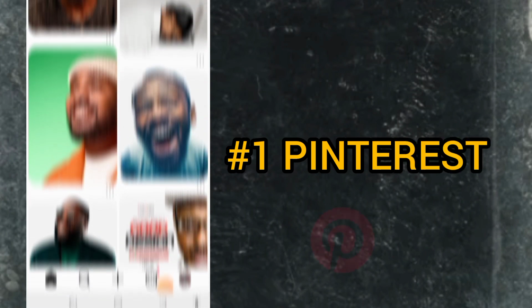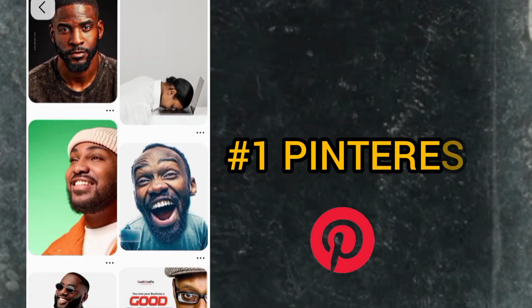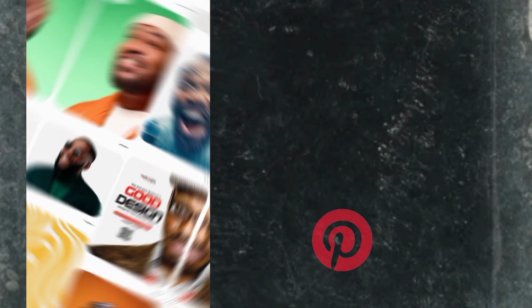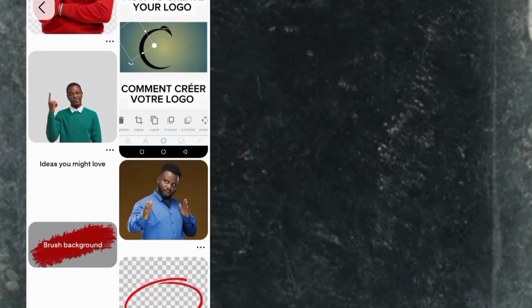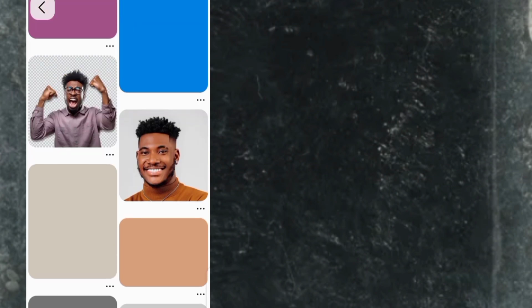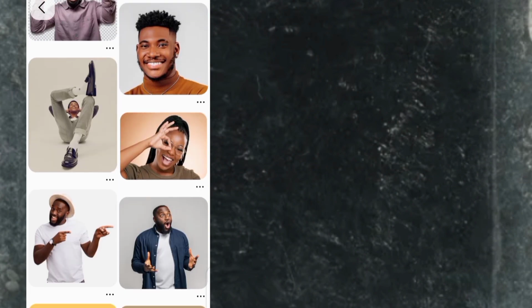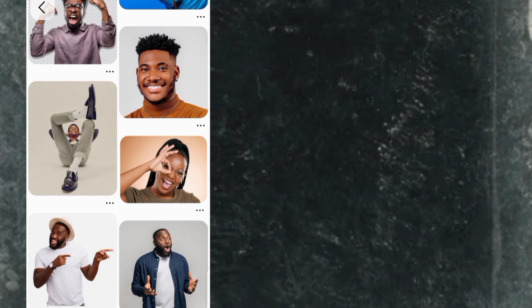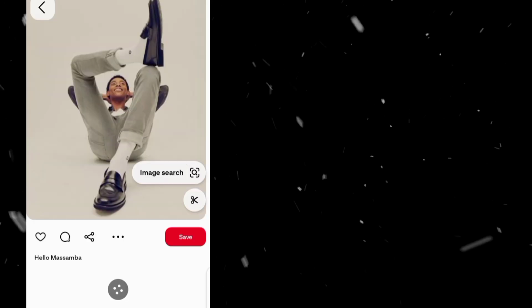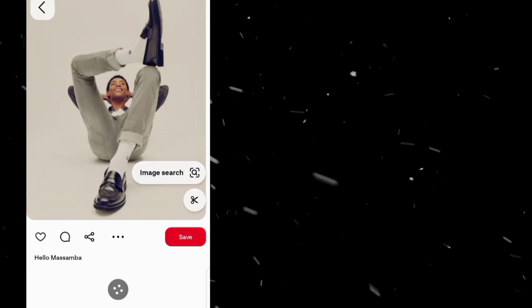First on my list is Pinterest. Pinterest is a game changer to every graphic designer out there who is looking for 3D pictures and materials for his designs. Apart from that, Pinterest also serves as a portfolio for your graphic design skills, where you can share